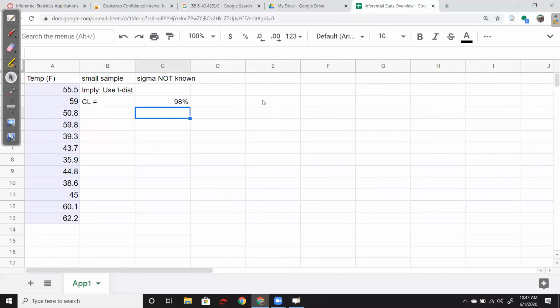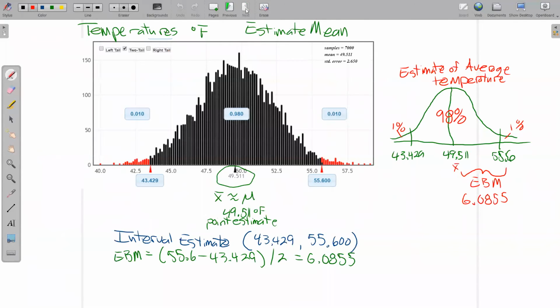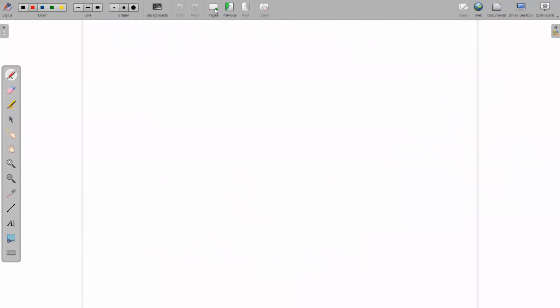I'm going to start a new picture. So on a piece of paper, you should be sketching this out. And I'm taking not the StatKey approach, but the spreadsheet approach. I'm just going to start over with my picture. So again, what am I trying to do? Estimate average temp